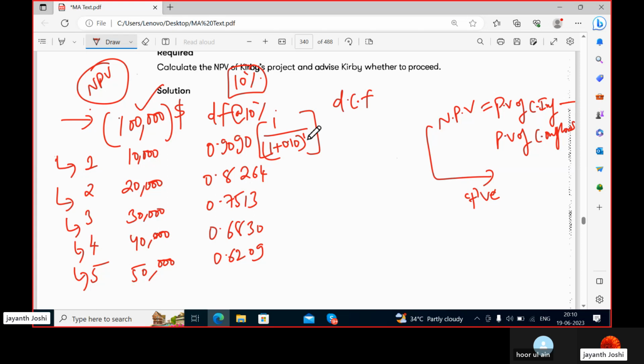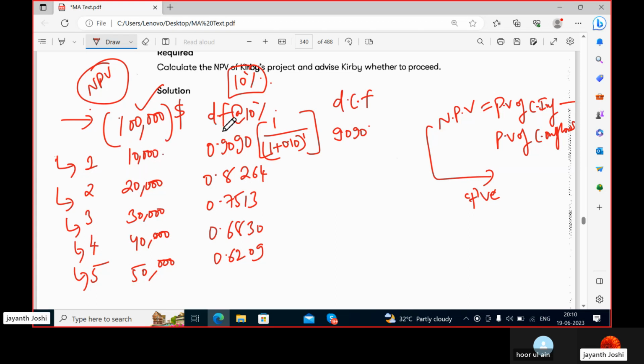10,000 into 0.9090 is 9090. So 10,000 at the end of the year is worth how much? 9,090 at the beginning of the year. That means if you invest 9,090 at the rate of 10%, it will become 10,000 at the end of the year. Or if you discount this $10,000